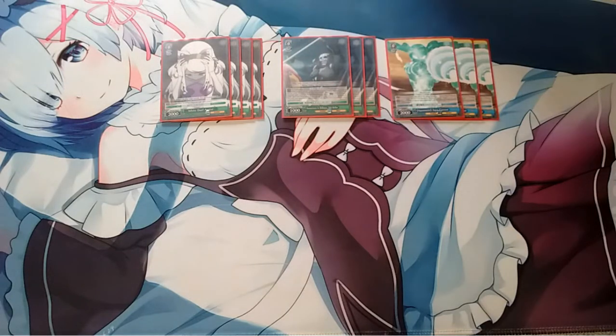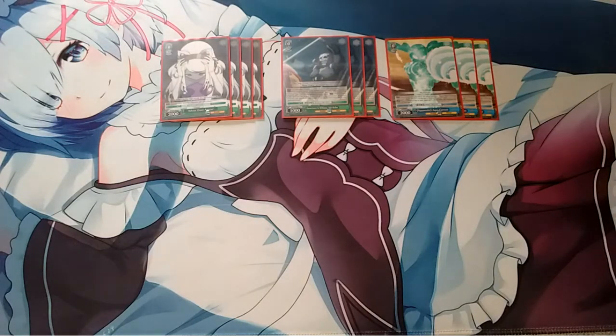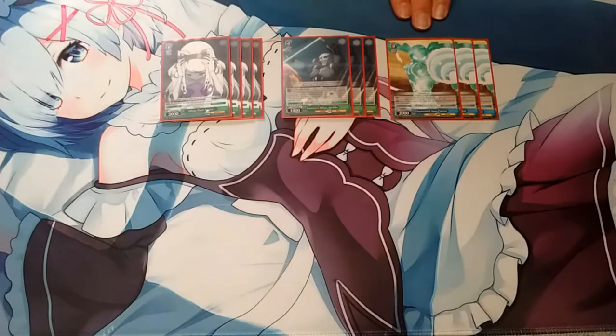Next is 3 copies of this level 0 Aqua Current. When you play it from hand to stage, you can look at the top card of your deck and then put it on the top of your deck or in the bottom of your deck. Also, the second effect is the most useful one. When your opponent plays a Climax, I thought that was an interesting condition, you can send this card from the